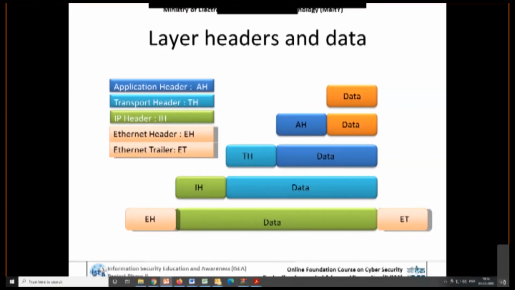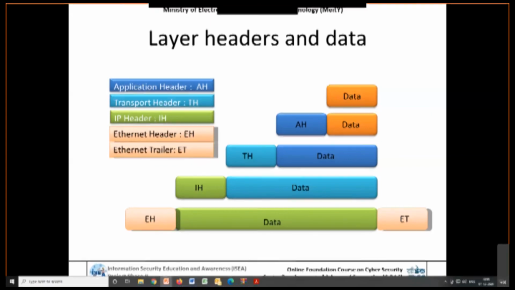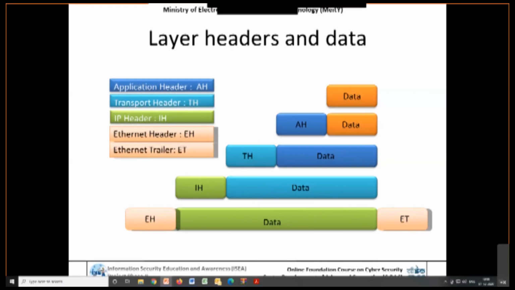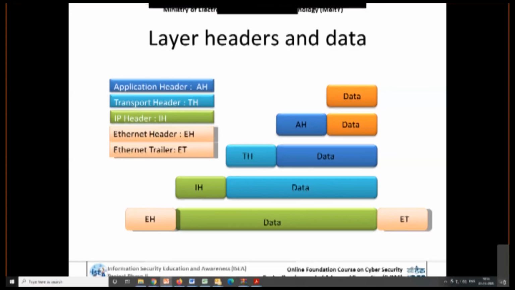So whenever any one of these terms comes, you need to understand where that packet is traveling. The data at the transport layer is called a segment. The data at the data link layer, along with the Ethernet header and trailer, is called a frame. So data, segment, packet, and frame are all the same data, but you need to name them according to the particular layer where they exist.